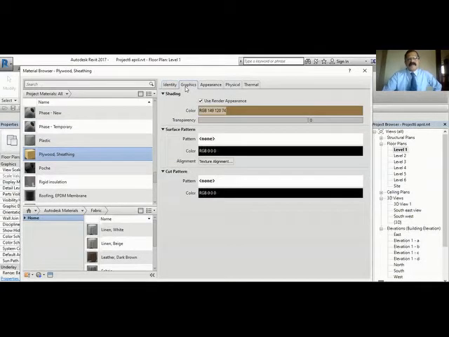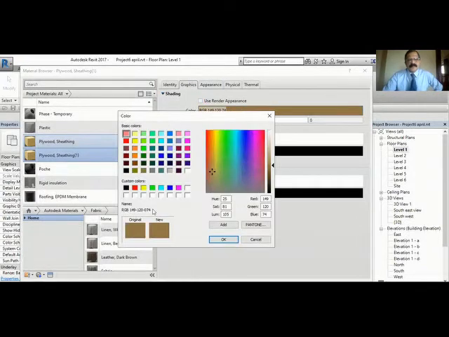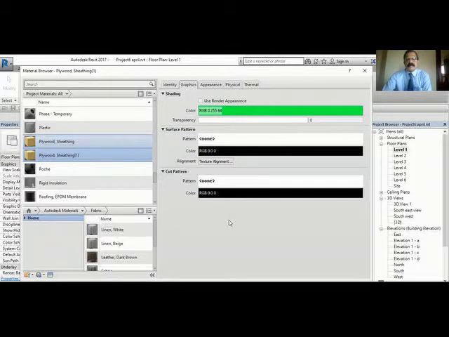When you come to graphics, this is the color that is going to show when you put in the shade mode. Okay, you have wireframe, hidden line, shaded, realistic, so many things are there. So when you give shade mode, this is the color you'll be using. So you can change the color anytime. Change the color of this. See, there is a tick mark here. You remove that tick mark, then you can change the color. Okay, so suppose when you are in the shade mode, you want to see green, you can see this. Okay, usually this will be on. I will explain what exactly it is.